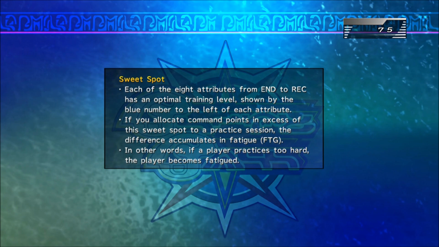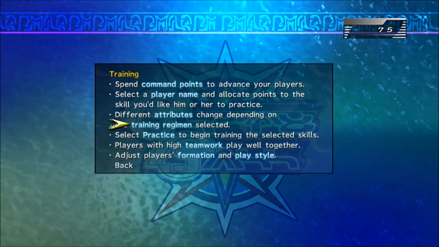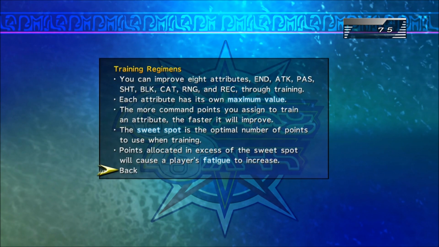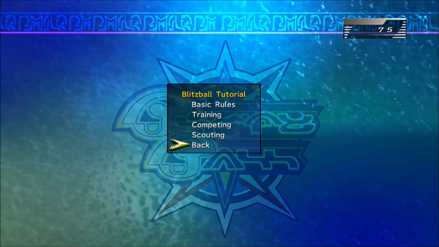Each of the attributes has an optimal level, shown by the blue number to the left of the attribute. If you allocate command points in excess of the sweet spot... each of the 8 attributes from endurance to rec has an optimal training level, shown by the blue number to the left of each attribute. Oh, I guess they want you to split the points more evenly than I am. And that's why I was making everyone tired trying to...